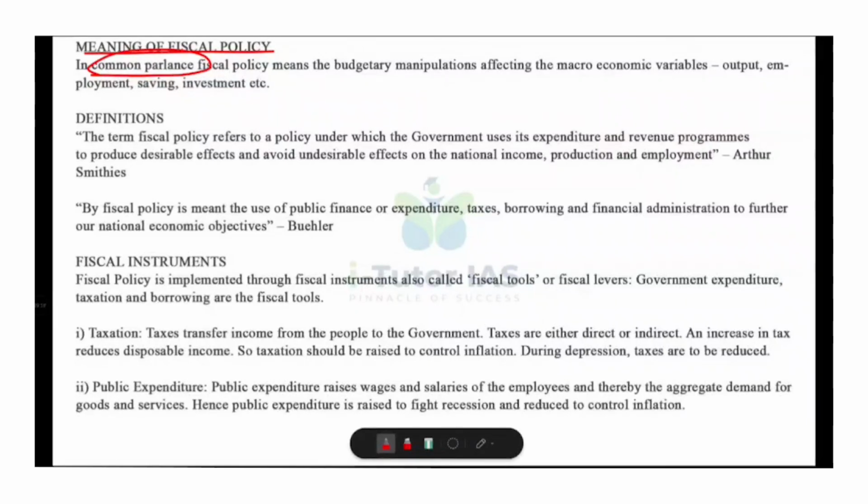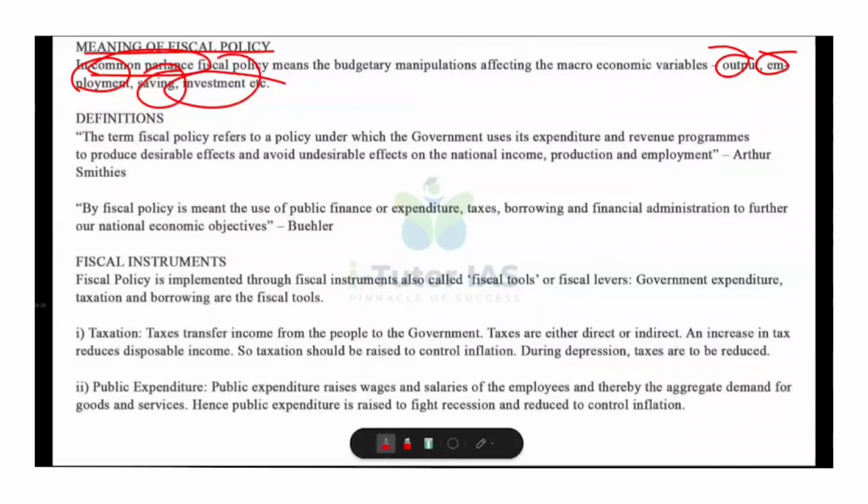saving, and investment. Output means how much the country produces. Employment, you know that, how many people have jobs. Saving, how much households save. And investment, how much businesses invest. So whenever the government changes tax rates, subsidies, public spending, and borrowing, it is actually using fiscal policy to shape the